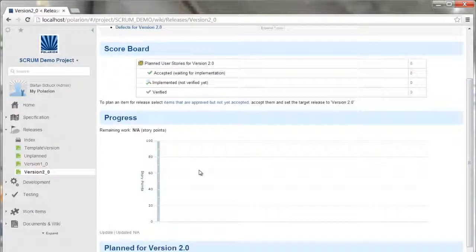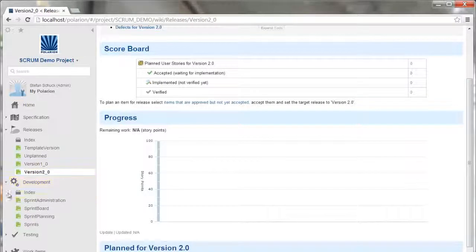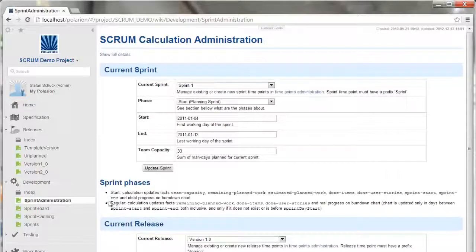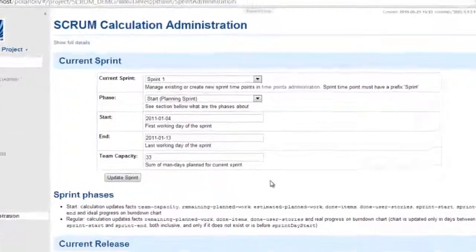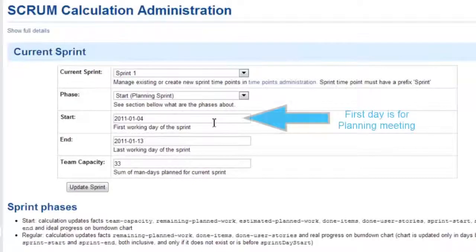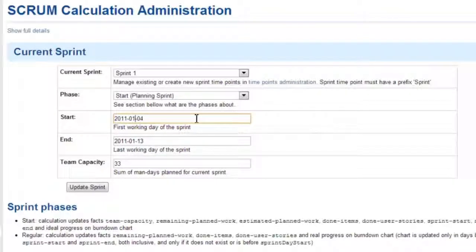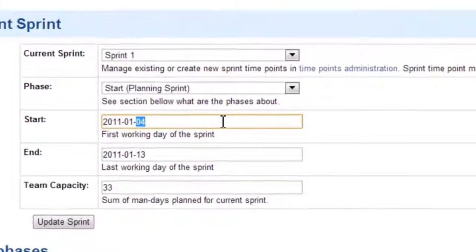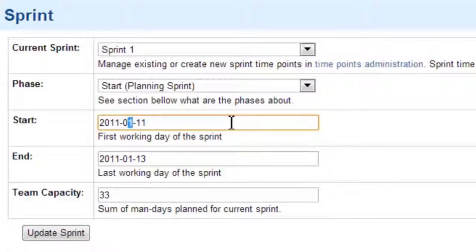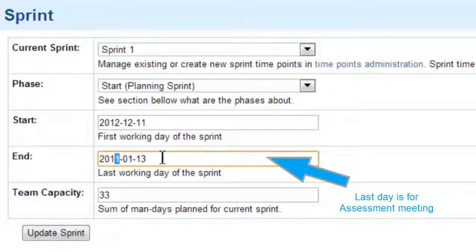You can see this here, but now what we do is we go to our sprint administration in the development part. In sprint administration, we can set up all the dates around our sprints, which states I have here in the phase. What we do now is we enter again the start date for sprint 1. It will start on the 11th December 2012, and it will probably end on